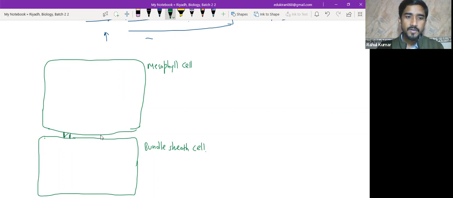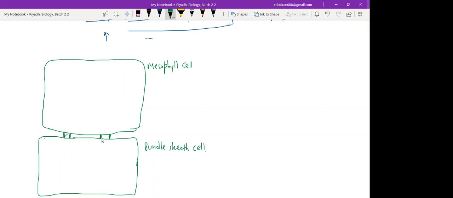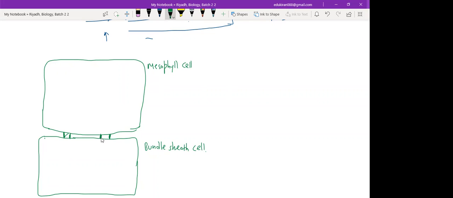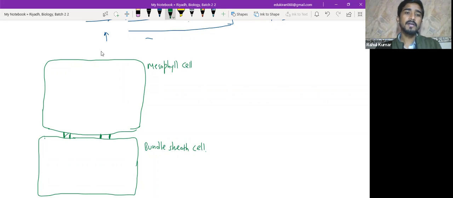Everyone is clear with plasmodesmata by now? Yes, sir. They are the direct junctions between cells, through which cytoplasmic streaming can happen. The apoplastic and the symplastic water movement, remember? So these are plasmodesmata. They're connected by plasmodesmata. Now the C4 cycle starts in the mesophyll cells, and how it is different is that here,